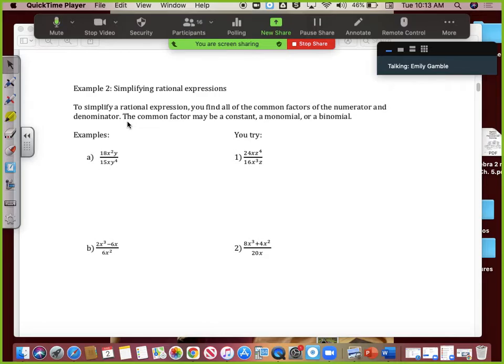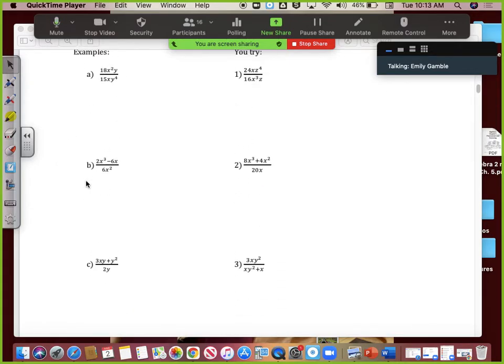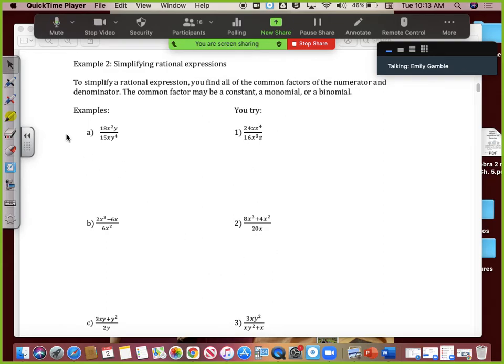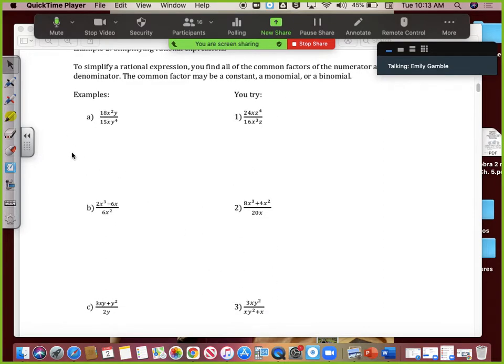They can be monomials, meaning they're constant numbers and variables, or they can be binomials. It really depends on each situation. So we're going to do A, B, C, D together, and then you're going to try these problems here to the right. So in these examples, your whole goal is to try and simplify this as much as possible by taking out as many things as you can in the numerator and denominator, and you're kind of doing that